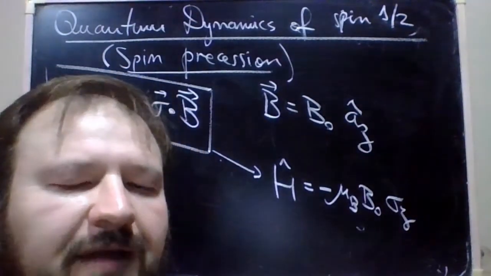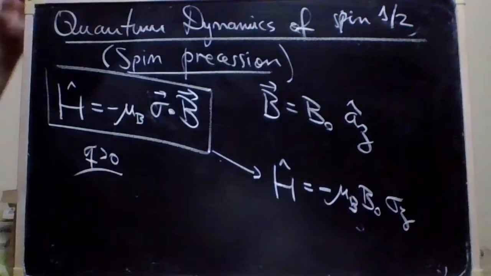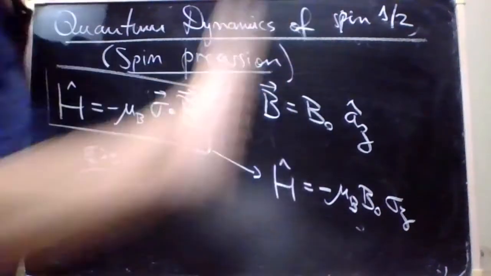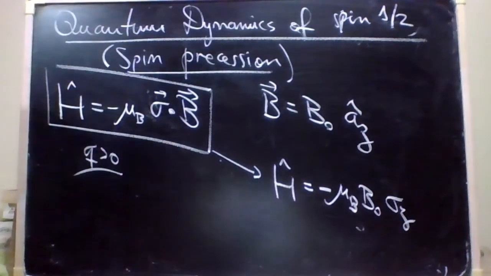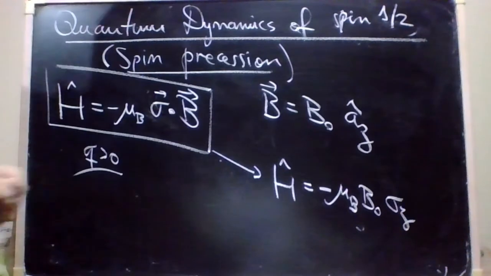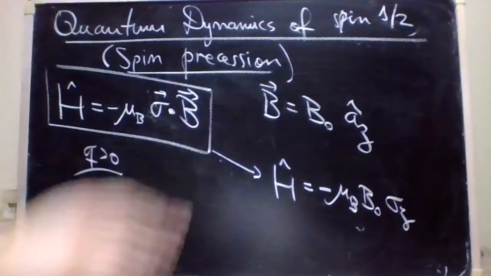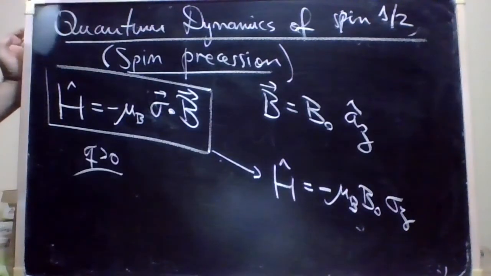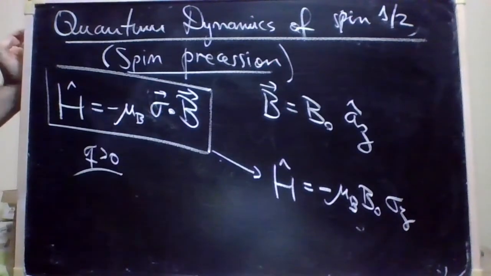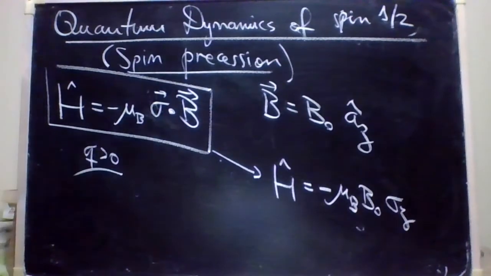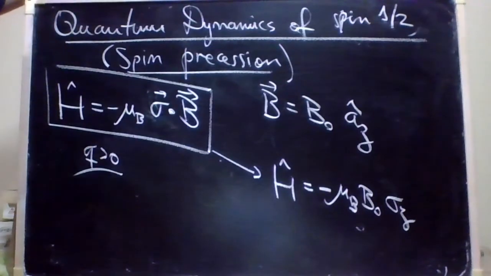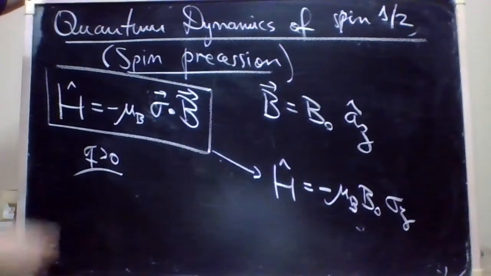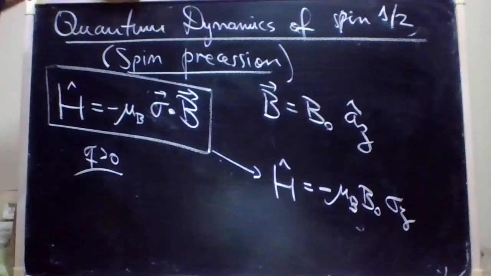In this lecture, we'll follow the previous one and we are going to calculate quantum dynamics of spin half now for real, because in the previous lecture we just discussed basic facts about rotations and Pauli matrices, the connection of Pauli matrices with rotations. So now let us start from the Hamiltonian, which